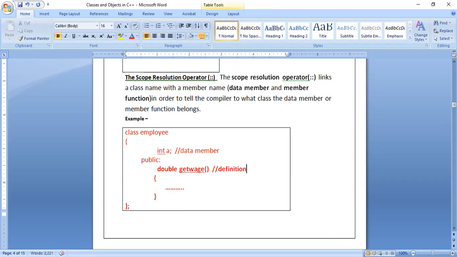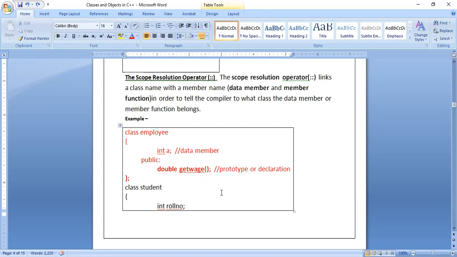In the case of a function definition, you will come to know the working of the function, what you are doing inside the function. Whereas in the case of a function prototype, you will not come to know the working of the function. For example, in the previous thing, this is a function prototype: write the return type, function name, opening parenthesis, closing parenthesis, put a semicolon. So these are the two ways.